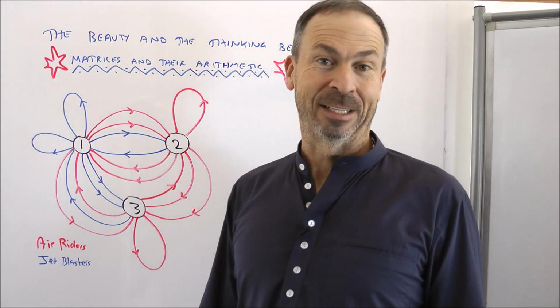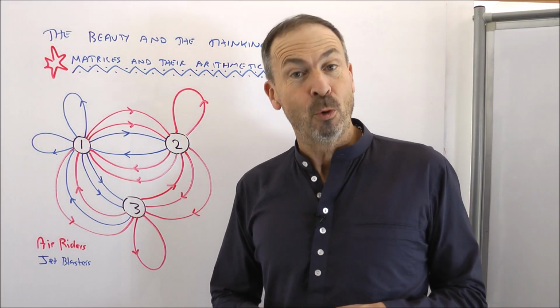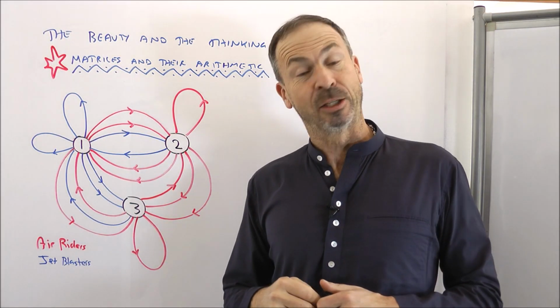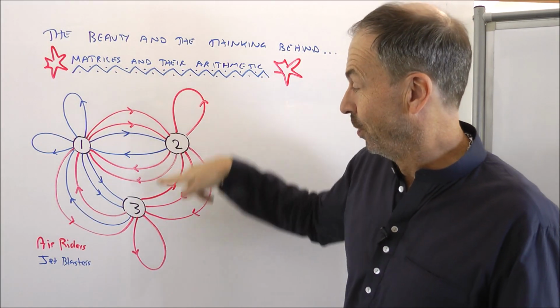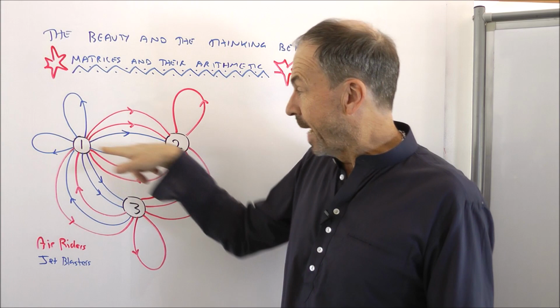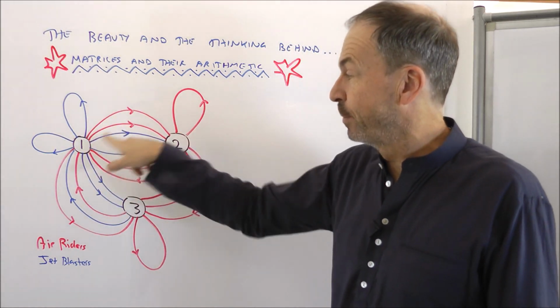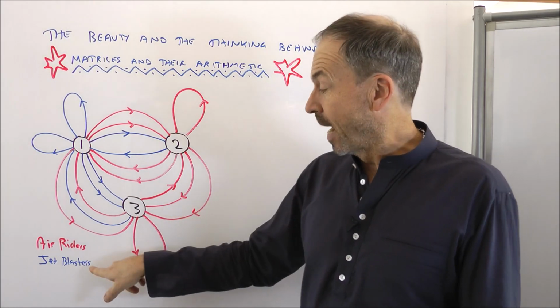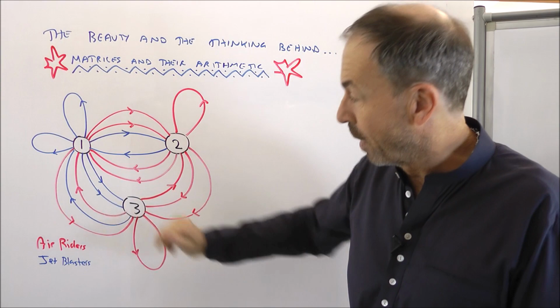So to motivate this subject, let's begin with this puzzle. What I've got on the board here is a diagram. They're the route maps of two particular airlines going between three cities. I've just labeled the cities City 1, City 2, and City 3. One airline company I'm showing in red, I'm calling them Air Riders, has all their route paths between the three cities shown in red. And the other airline company, Jet Blasters, I'm showing in blue,